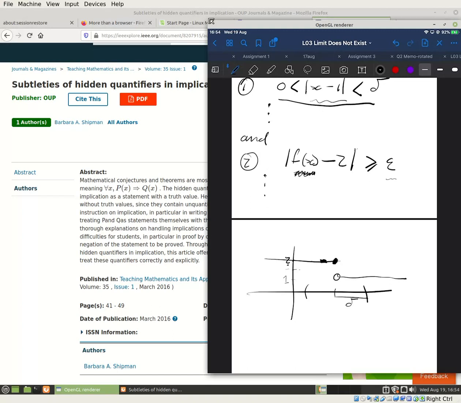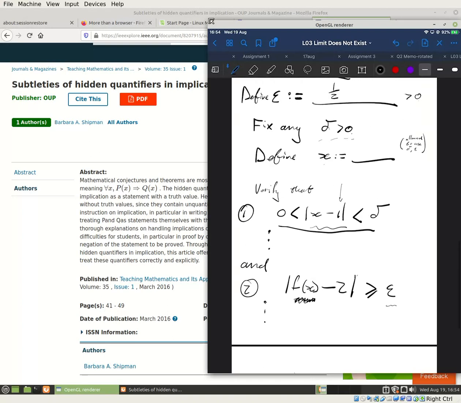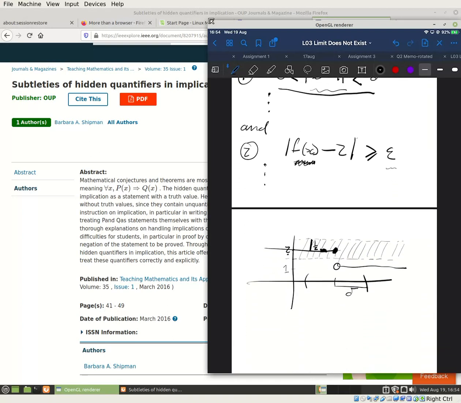And so now we are looking for an x so that the function value, or the point on the graph of the function, does not lie anywhere inside of this strip of radius 1/2. Why 1/2? Because we chose our epsilon to be 1/2. And why did we choose 1/2? We chose 1/2 explicitly because